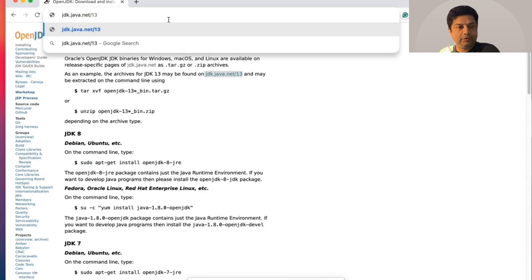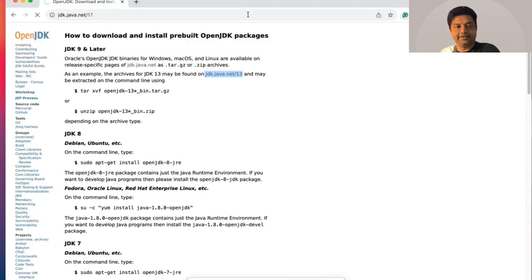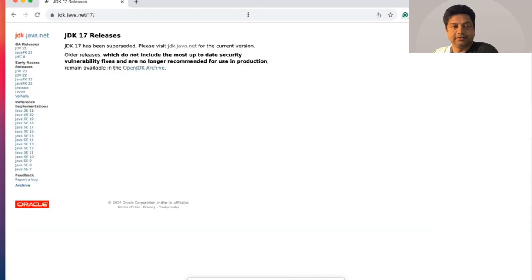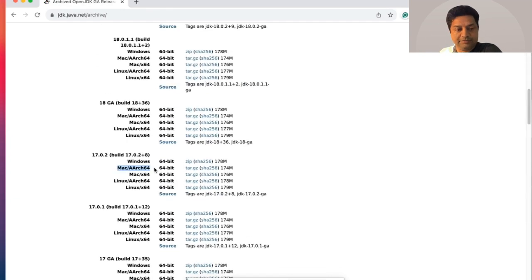We'll look for downloading JDK 17. So I'll give here 17. And this is loading me the page of JDK 17. I download the zip. I need to choose the compatible operating system. Mine is Mac. It is Apple architecture. I use M1 chipset. So I have to download this tar file and